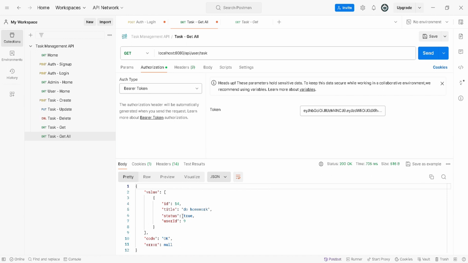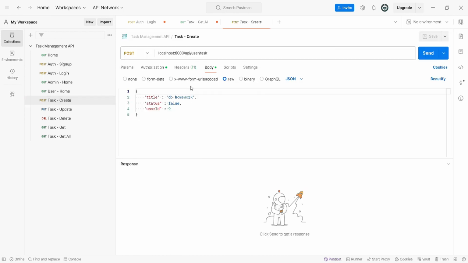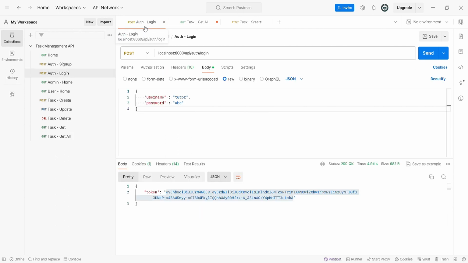There is only one task, so that's why we are getting one task. This user ID is different, but it's actually getting the task of another user ID. I told you that there is an issue with it, but we will fix it quickly after some time. Let's use this endpoint and try to create a task, because we should also create a task. Its user ID, I think, was